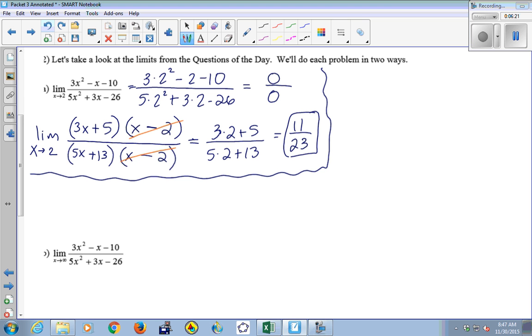So where the limit ends up depends on which one is going to 0 faster, right? If the numerator is going to 0 much faster than the denominator, then the whole fraction will go to 0, right? Because the numerator is shrinking really fast before the denominator gets to 0. If the denominator were going to 0 much faster than the numerator, the whole fraction would blow up to infinity, right? But they might sort of strike a balance in how fast they go to 0. If they go at relatively the same rate, it might come out to 1 or some other constant, like 11/23.